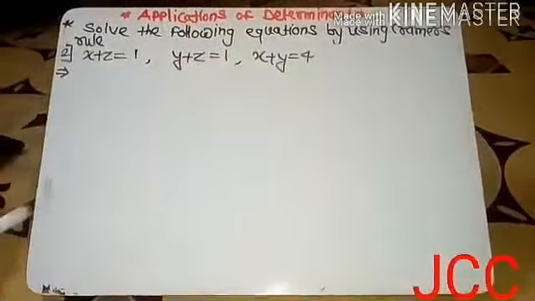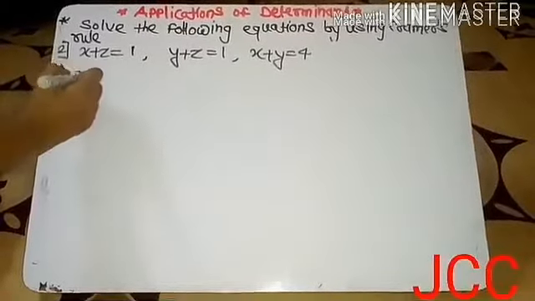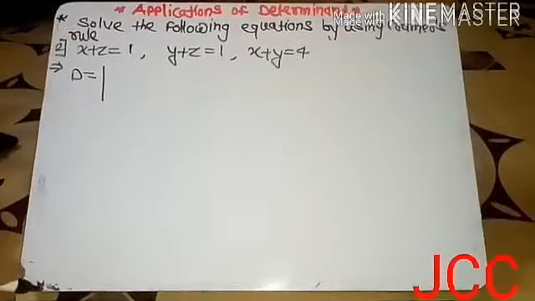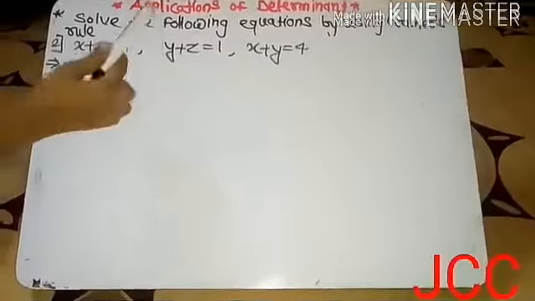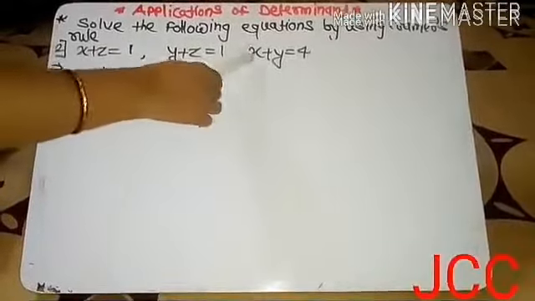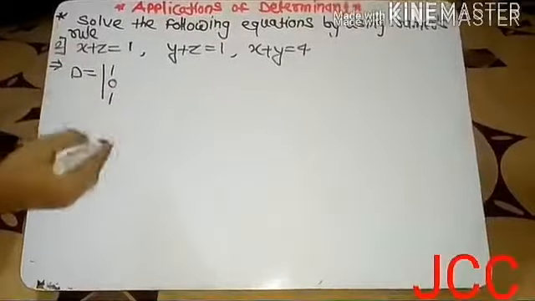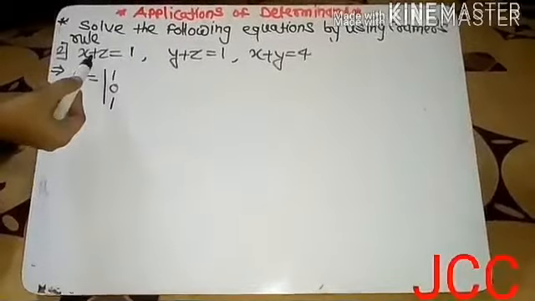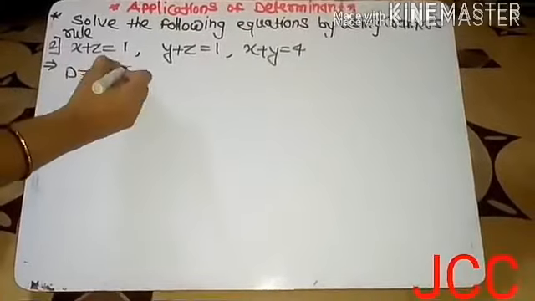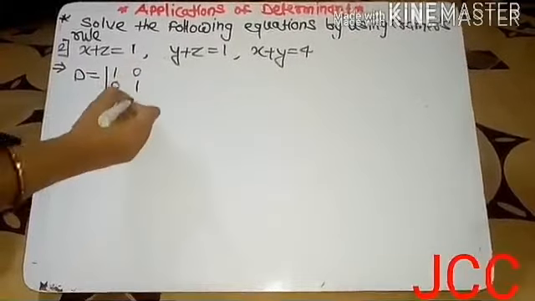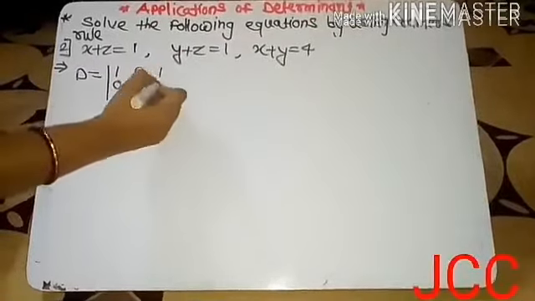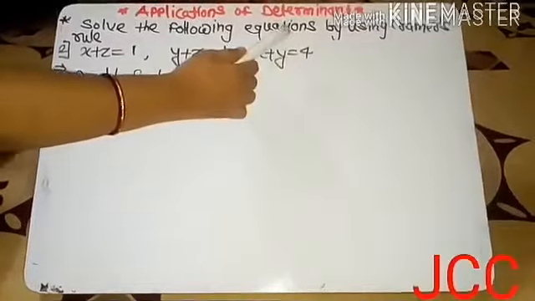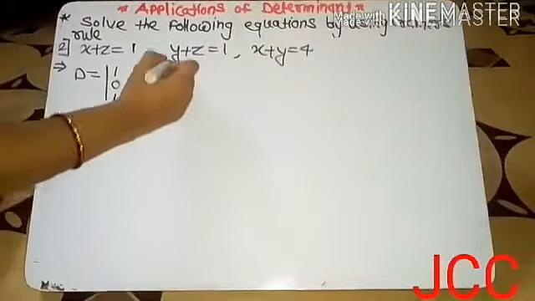Therefore now we write d first of all, that is coefficient of x, here 1, in second equation there is not x, therefore 0, in third equation again 1. Now second column coefficient of y, but here there is not y, therefore we write 0, then 1 and 1. Now in third column 1, again 1, and the last equation z is not there, therefore we write 0.